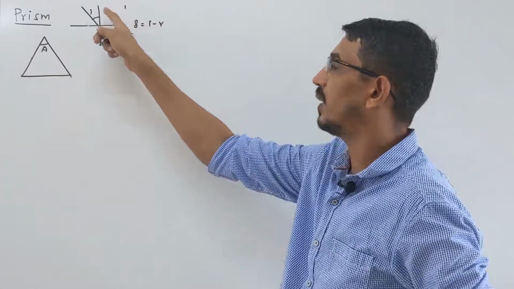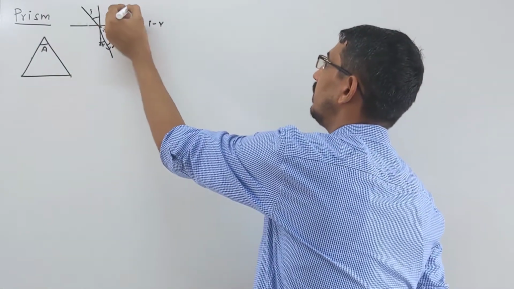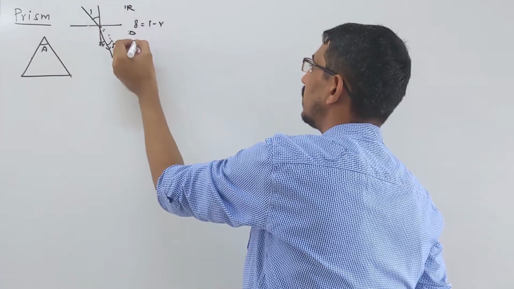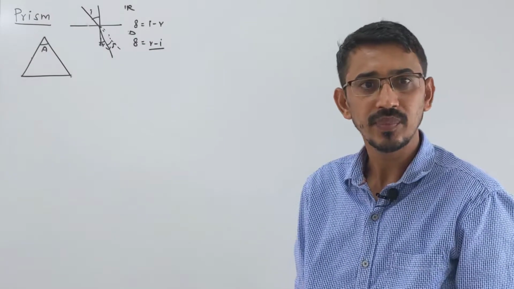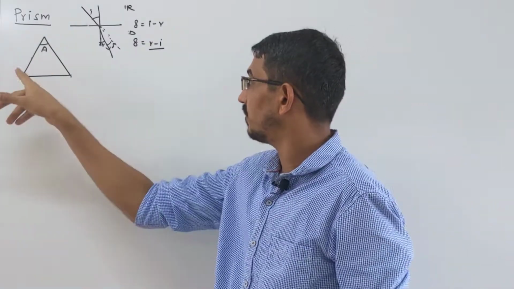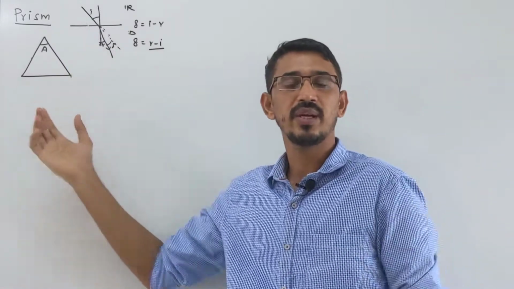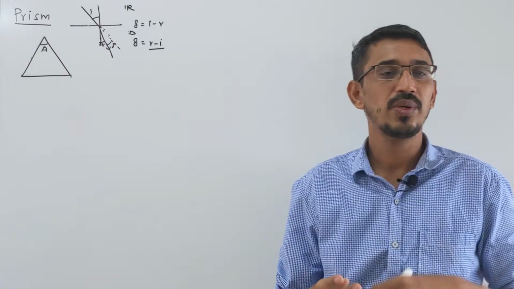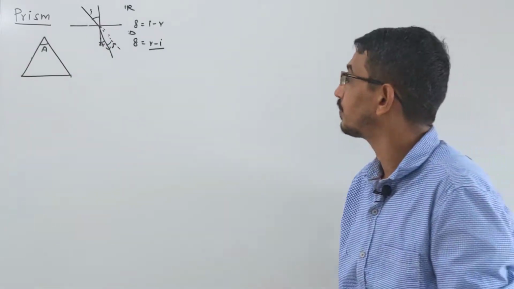So deviation was simply i minus r, if light goes from a rarer medium to a denser medium. If light goes the opposite way, then the answer is the opposite, r minus i. That's your deviation. Here also refraction happens two times, and some other phenomena like dispersion will also come, but you want to calculate the net deviation also. So let's start.